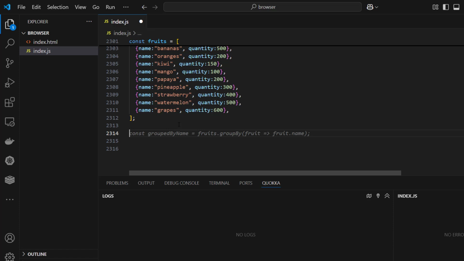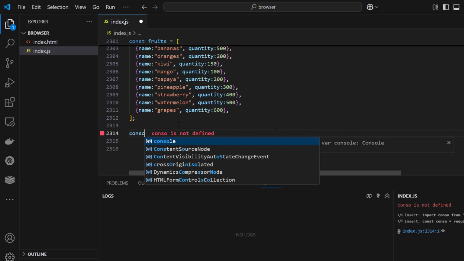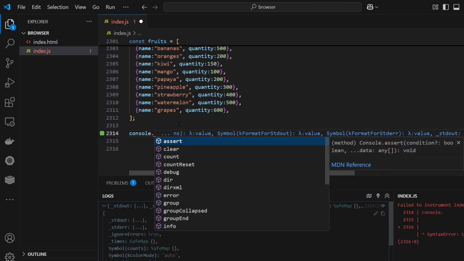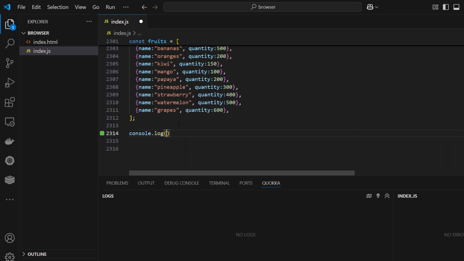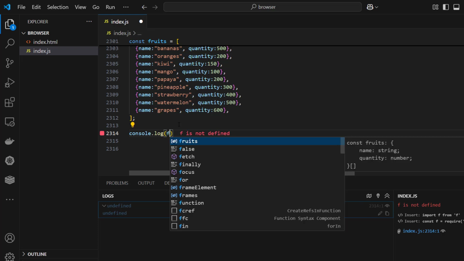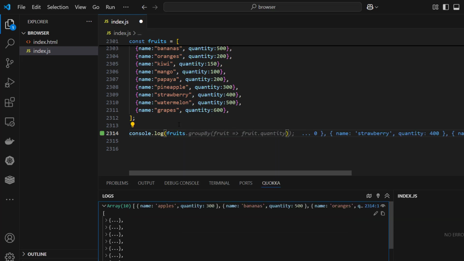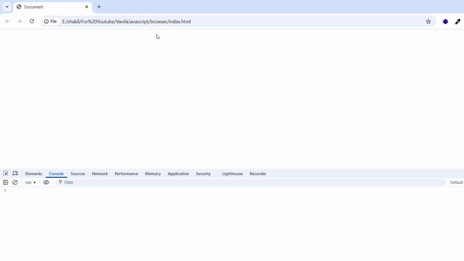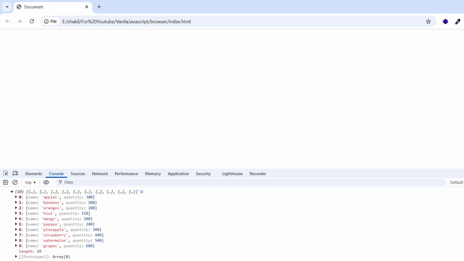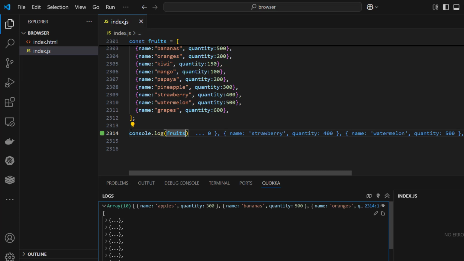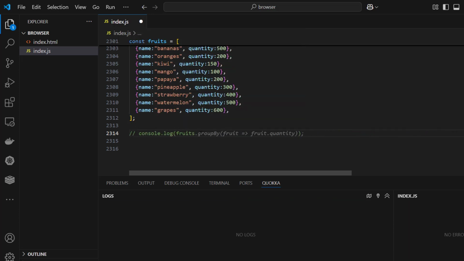First of all, we can see what it is returning. Console.log, first of all, say fruits. Okay, let's see. We are getting fruits, an array of objects. So we don't need it actually. We need,